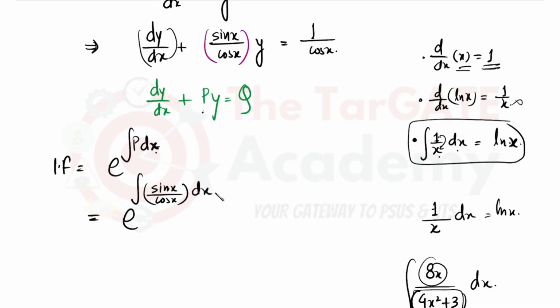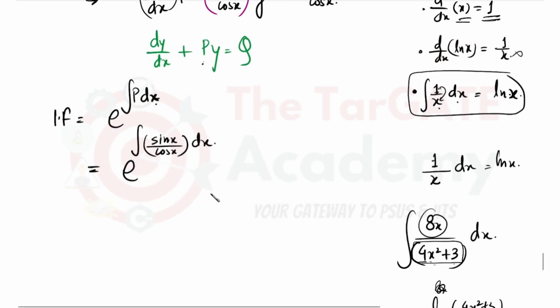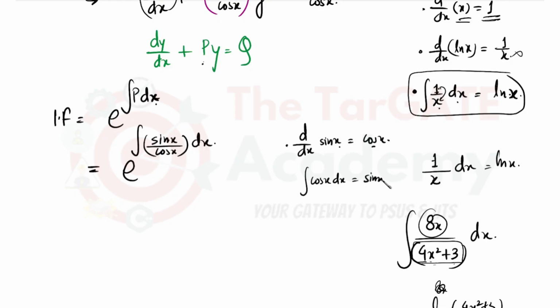इंटीग्रेशन dx मैंने ऐसे क्यों रखा, जानते हो आप? एक बात बताओ, d/dx of sin x क्या होता है? cos x, right? ऑल ऑफ यू। ठीक है, d/dx of sin x is cos x, तो integration of cos x dx will be equal to sin x, obviously. उसी तरीके से d/dx of cos x is equal to minus sin x होगा, गाइस। ऑल ऑफ यू बोलो।